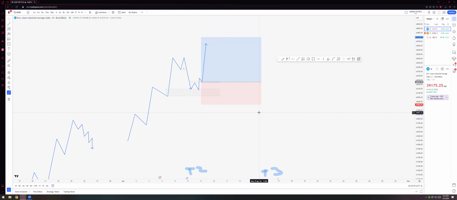Remember that in every single setup that we're looking for, we have to see 3 things for us to take the trade. Number 1, we need to see the liquidity grab. We cannot take a trade if we haven't seen the liquidity grab. Second, we must tap into our order block. Say it grabs liquidity like this, and it doesn't tap into the order block right here. Say it breaks here and then it starts going up without tapping into the order block,